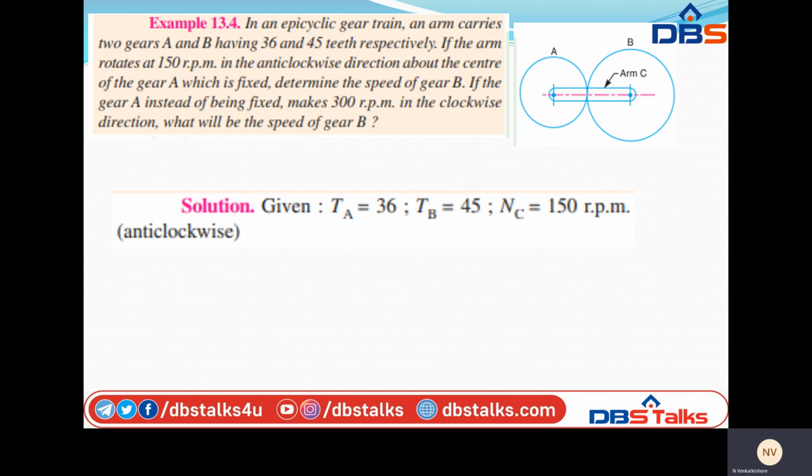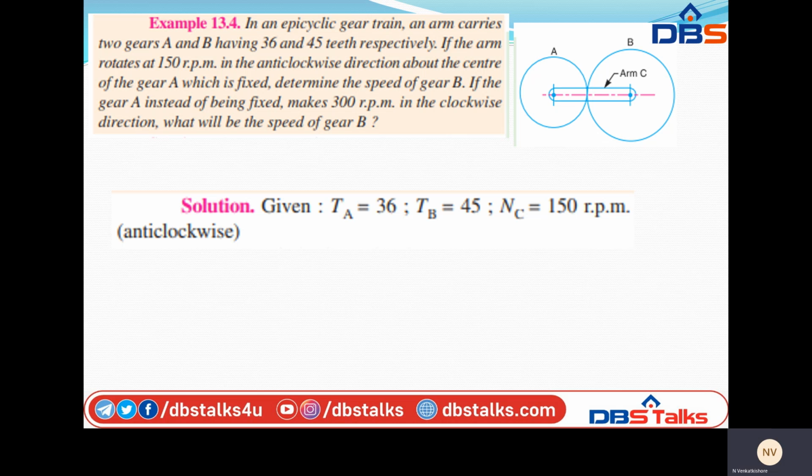Here, an epicyclic gear train has an arm that carries two gears, that is A and B, having 36 and 45 teeth respectively. That means here we are having two gears. If you see the diagram, gear A, gear B, and the arm C. So those two gears are connected by the arm C. The number of teeth on gear A and gear B, that is TA is equal to 36, TB is equal to 45 respectively. If the arm, that is C, is rotating at 150 rpm in the anti-clockwise direction